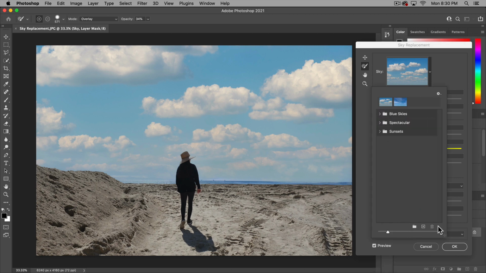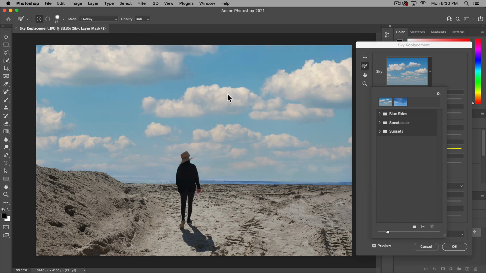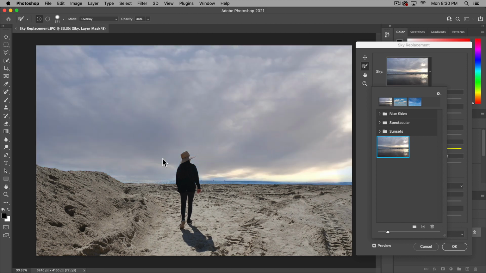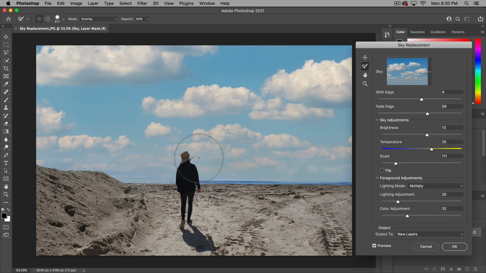So if you go open your sky menu, click the plus button, and then if you have another image, say this one of the sky that I took, we can choose that, and you can see what that looks like here. Okay, so that one doesn't look as good. The sky, the overcast sky, I think clashes with the shadow of this photo. So for me, I'm trying to match the sky replacement, make it look natural. And once you're